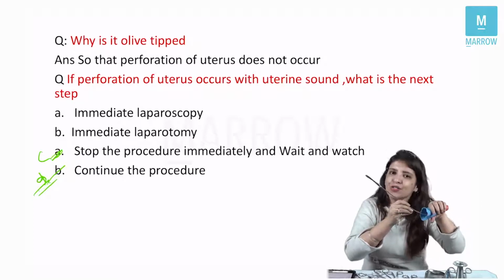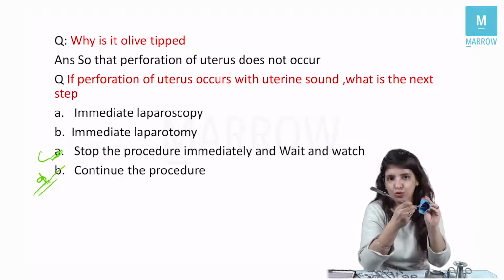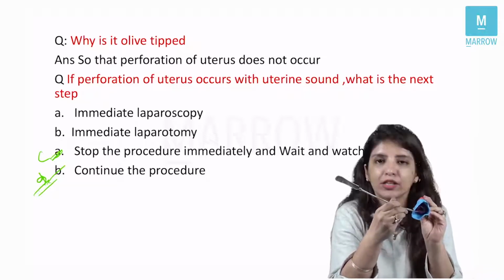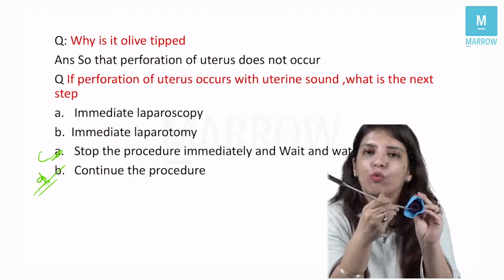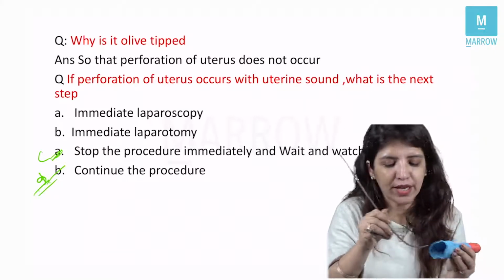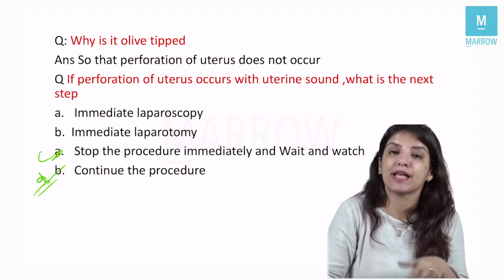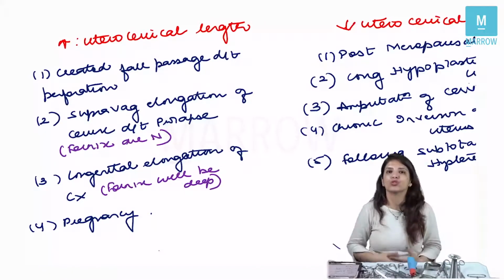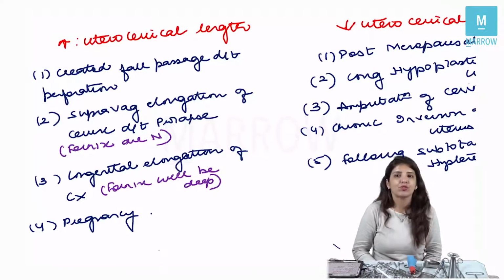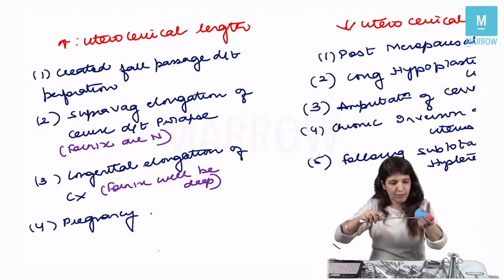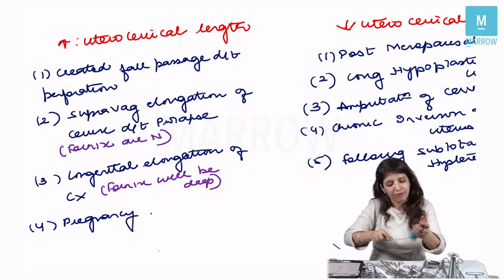So it acts as a first dilator also, this uterine sound. And if perforation happens with this, nothing to worry, just wait and watch the vitals of the patient, right? Now, the next question which the examiner might ask you is, what are the conditions in which the uterocervical length is increased? So suppose if perforation has happened, so suppose I am inserting this sound and